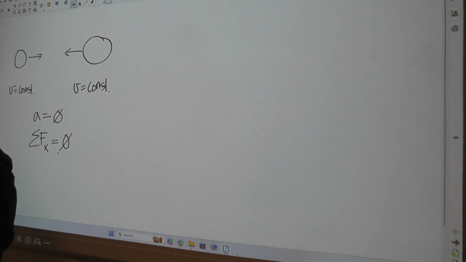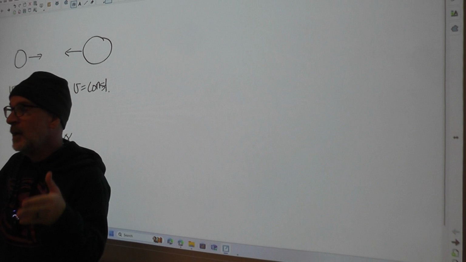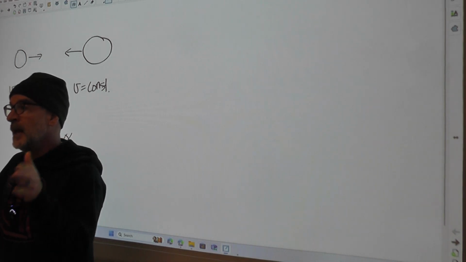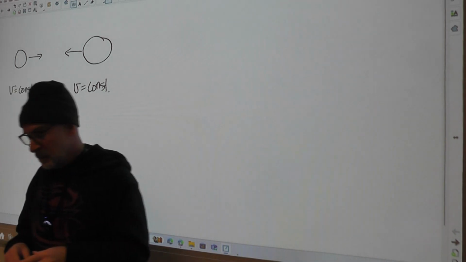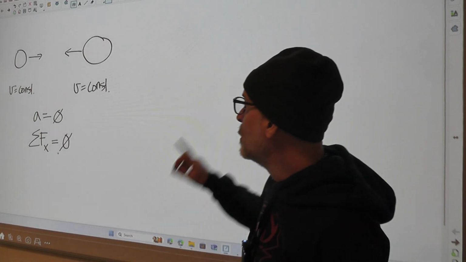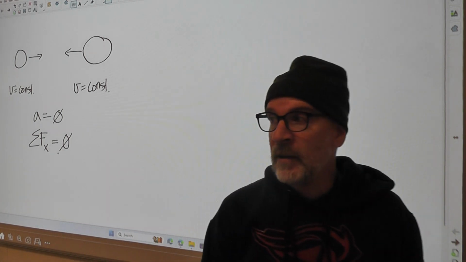When we start looking at conservation of momentum, what we'll see is momentum in a system is conserved only when this is true. When acceleration is 0, velocities are relatively constant before and after the collision, which means the only thing that affects the motion of the objects is the collision itself. And in that case, we can make some interesting predictions about what's going on. So that was the first thing I wanted you to get from the